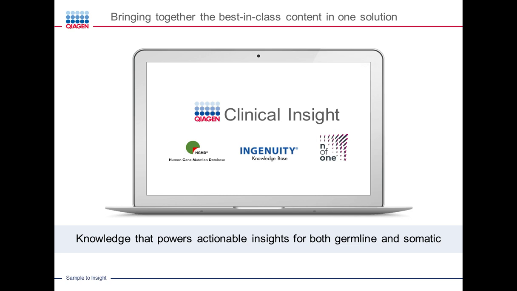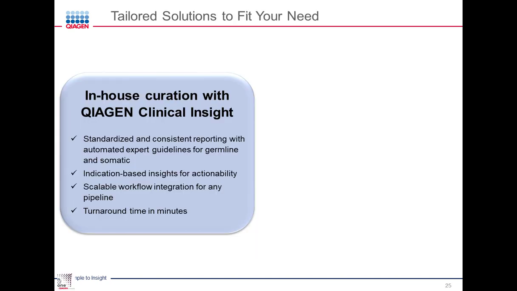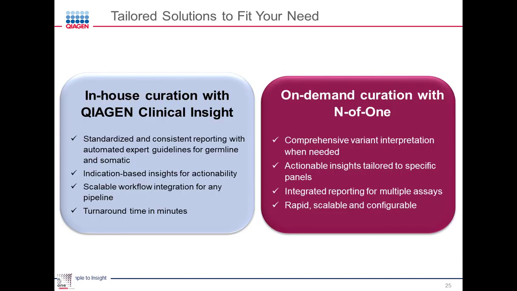So to summarize, N of 1 can transform molecular results into actionable insights, supporting physicians' decision-making at the point of care. And N of 1 joins the family of QIAGEN products along with QIAGEN Clinical Insight, HGMD, and Ingenuity. And together, these products power actionable insights for both germline and somatic sequencing data. These products are highly complementary. QCI supporting in-house curation, taking advantage of a vast curated database to drive computation of pathogenicity and actionability. N of 1 picking up